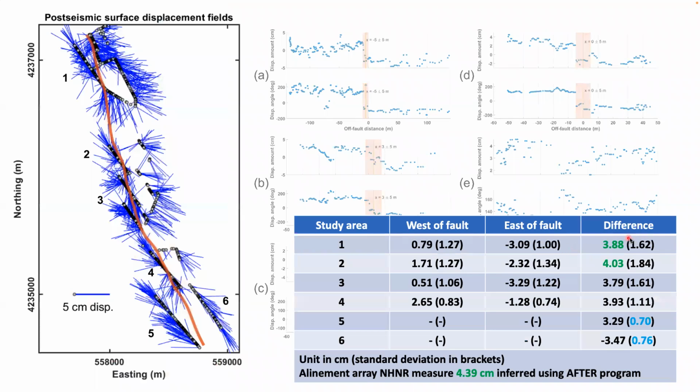bottom here. When we looked at differences in motion of posts across the fault line, we came out with differences on the order of about 4 centimeters, and that was distributed up and down the fault. When we compared it to the actual measurements made by the USGS using total station and theodolites, their accumulated motion over that same period was at the level of 4.39 centimeters. So initially, this was a nice result that showed us that, hey, we can probably improve our accuracy by using these